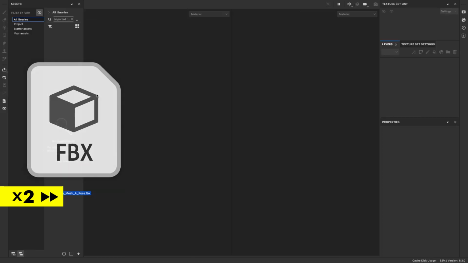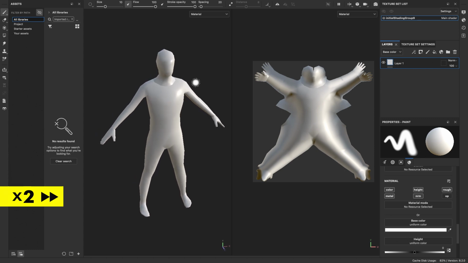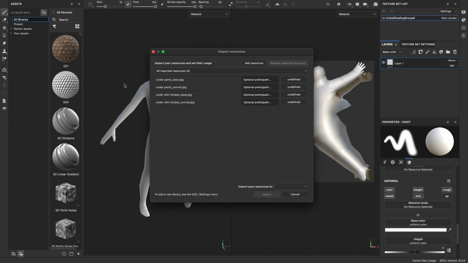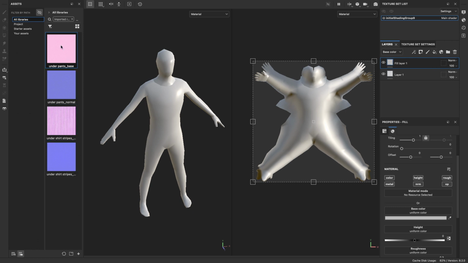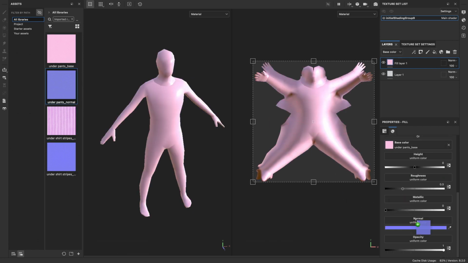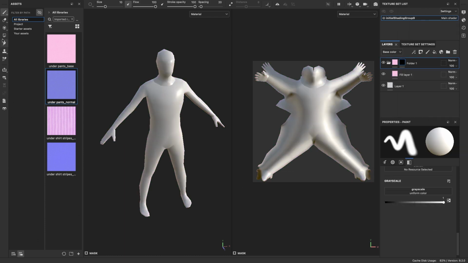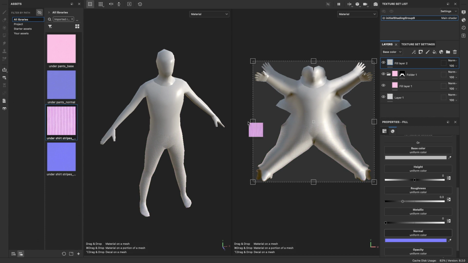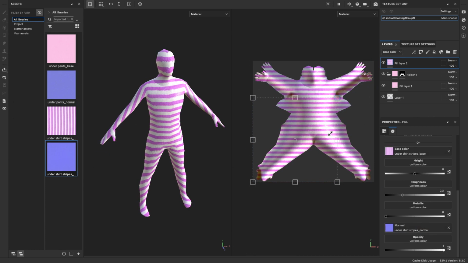I started a new project in Substance Painter using the Lens Studio template. I imported the body mesh model and I imported the fabric images as textures. I created a fill layer for each one of the two fabric materials. I put each layer in a folder and applied a mask to each one. It is easier to manipulate a layer that is inside of a folder without worrying about changing the mask.